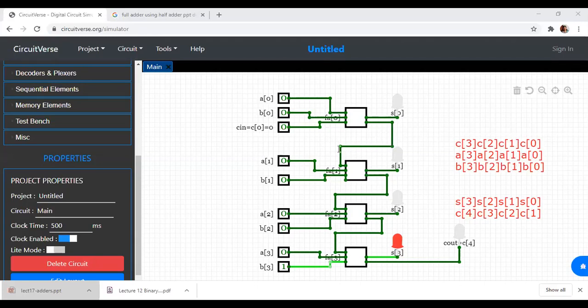So one input is C1, the other input is A of 1, the other input is B of 1. What is the output that is generated? Output will be S of 1, and carry that is generated is C2, which is going as input to the next full adder.